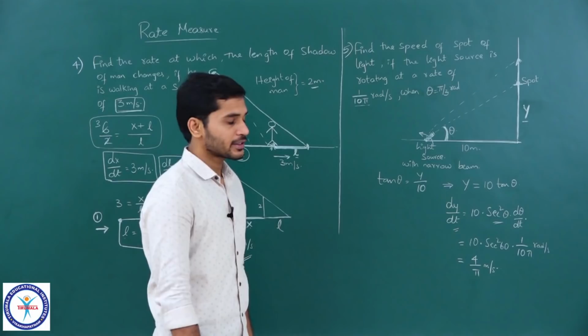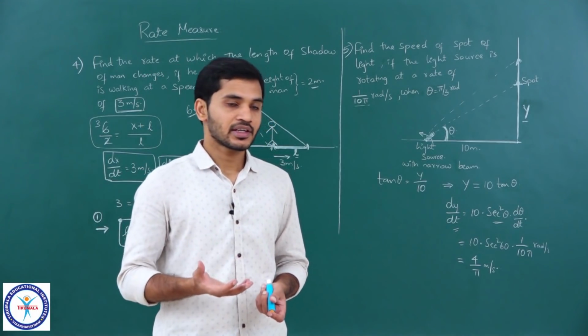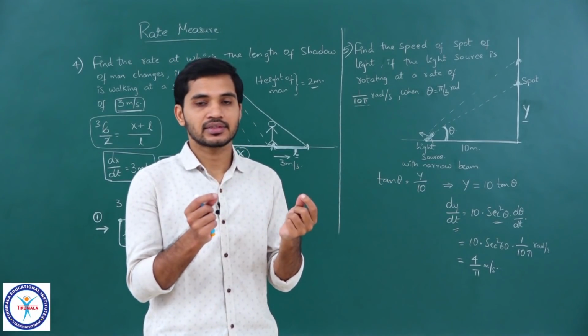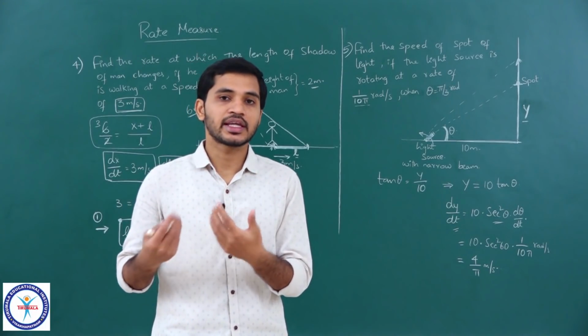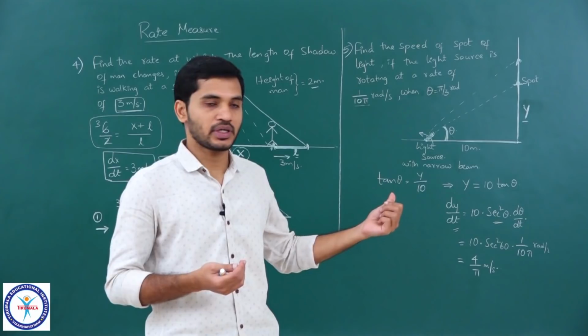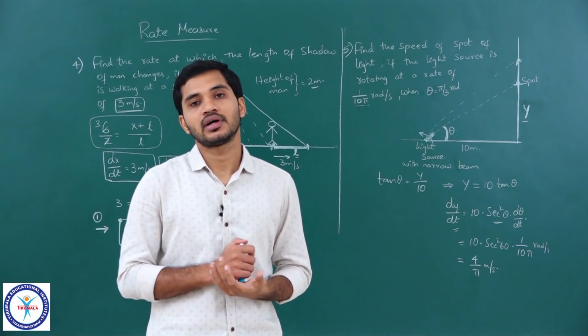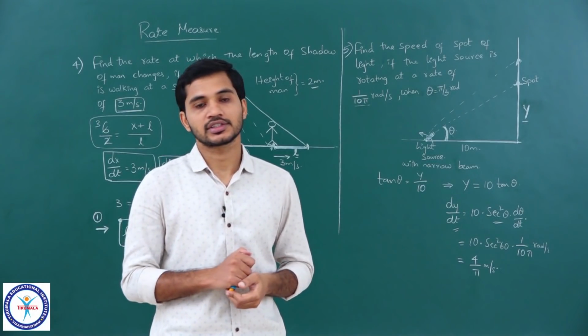So that is how we deal with cases like this. First find the relation, and wherever they are asking you speeds, establish a length which is associated with that speed. So change in which length corresponds to that speed. Once you identify that length, the rest is just writing a relation between that length and the given parameters.